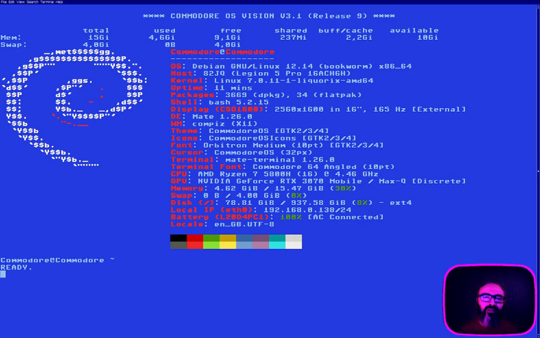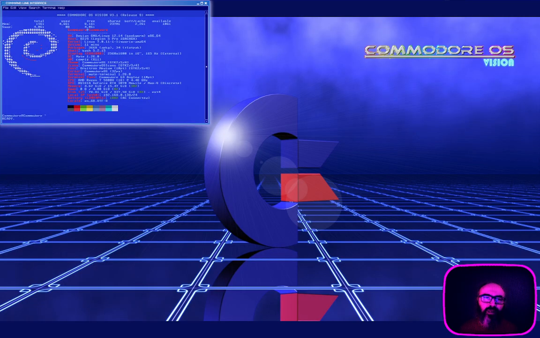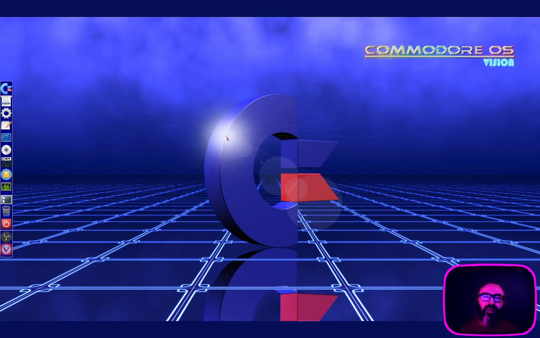Anyway, desktop environment is MATE, window manager Compiz, X11, and then the system has an AMD Ryzen 7 5800H CPU, and the GPU is NVIDIA RTX 3070 Mobile. It also has some kind of an AMD built-in, but I have disabled that. System has 16 gigabytes of RAM and 1 terabyte of SSD space. Anyway, back to the normal thing. And with the system information out of the way, let's go and check out what is Commodore OS